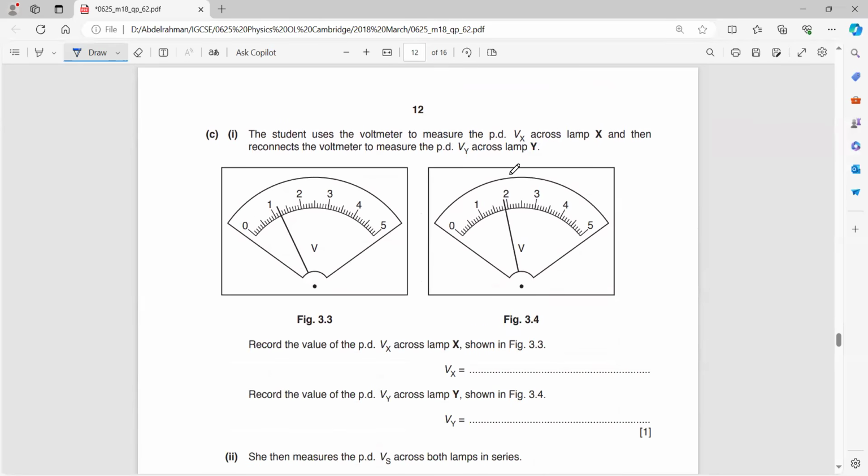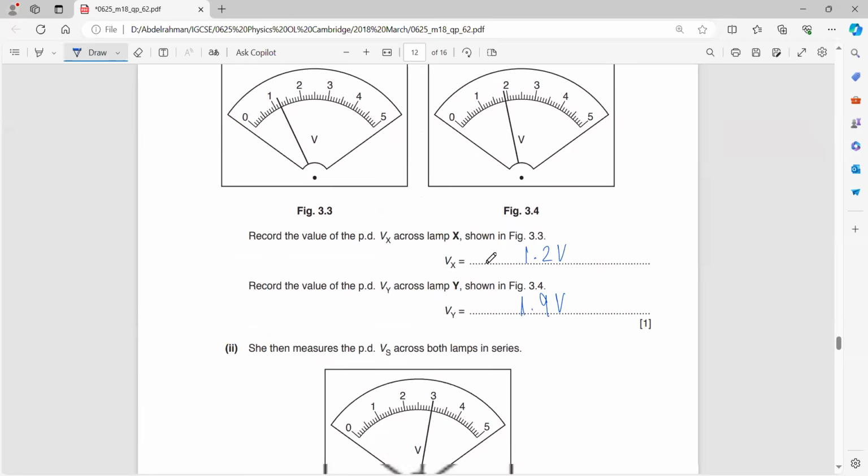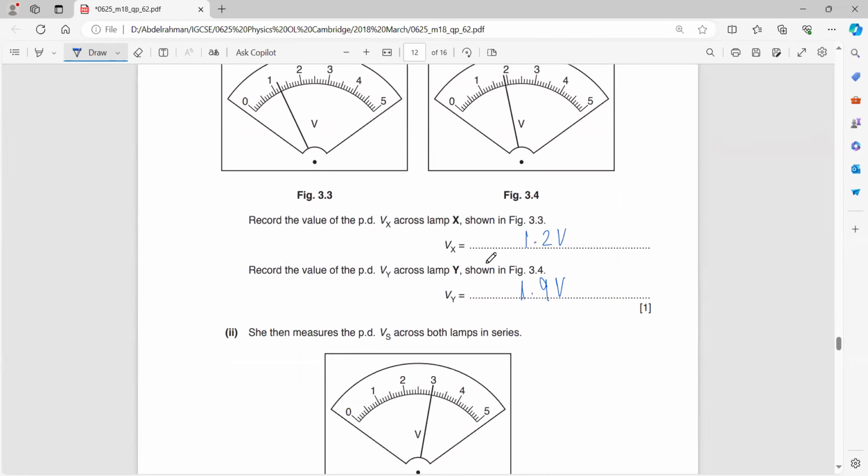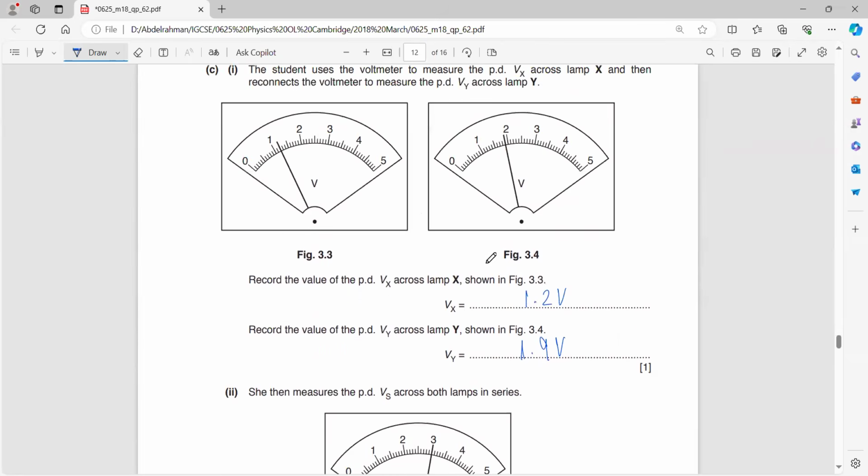The student uses the voltmeter to measure the potential difference across X and Y, record the value of Vx and Vy. The Vx, well, it's quite simple, 1.2 volts. Vy, 1.9 volts. Okay, this is quite easy. She then measures the potential difference across both lamps in series. Okay, when they were in series,